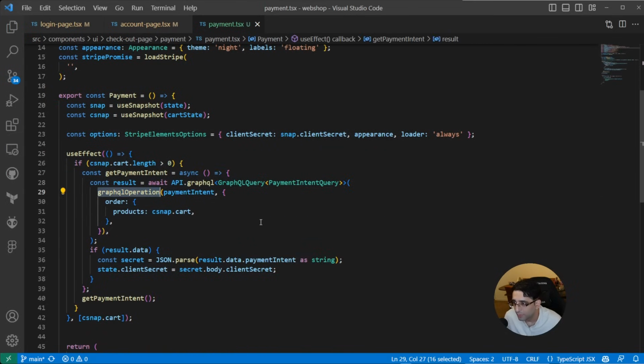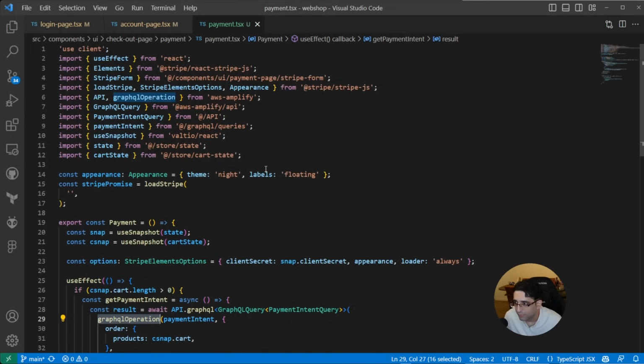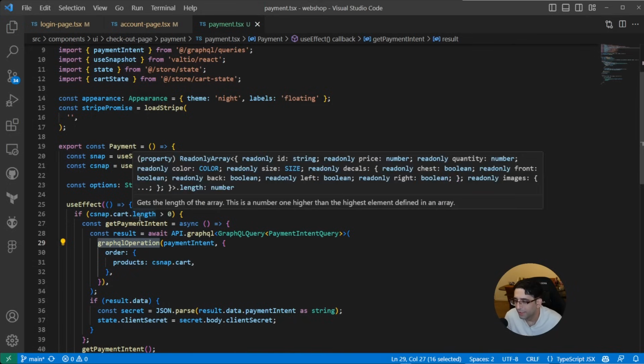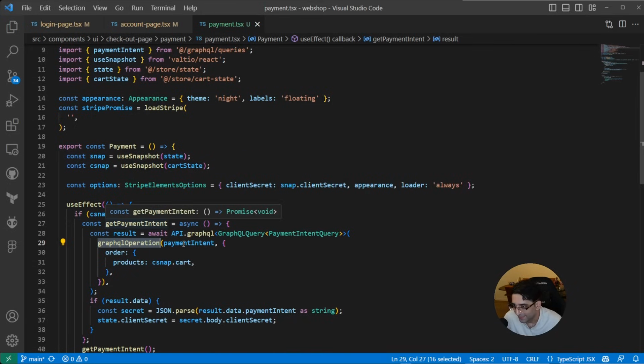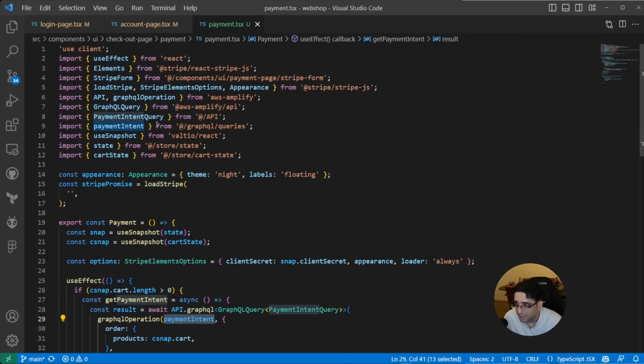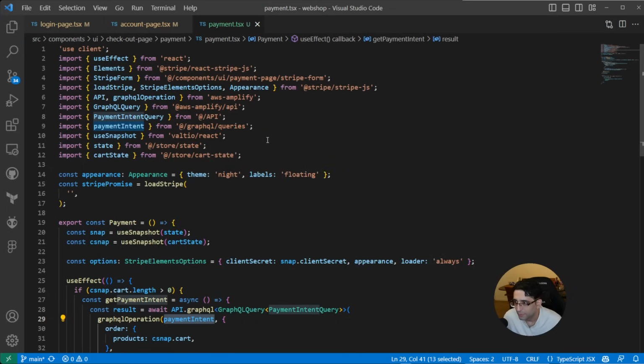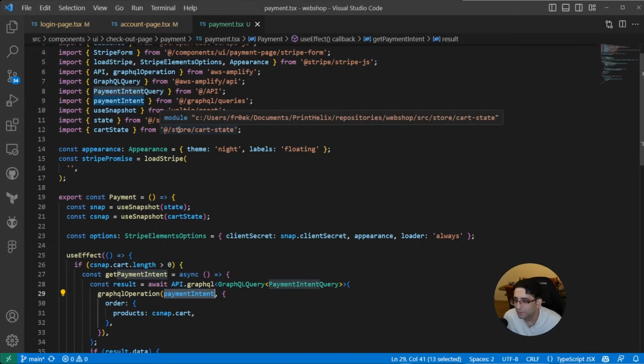Then the GraphQL operation is a function from Amplify to make it easy for you to create a GraphQL query operation. And what are we putting into that again? So this again is a value that you should get and might differ from me. It's the query itself, and that should also be generated. After you have run the commands from Appsync, you should have this folder with queries, and mine is payment intent, but yours could have a different name. So don't search for payment intent if you have different queries and